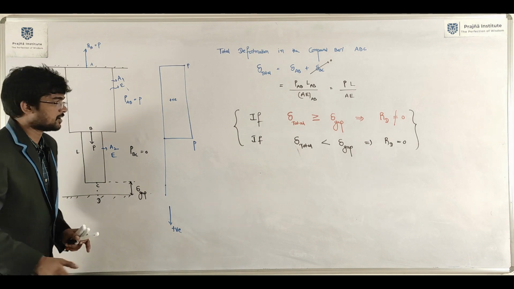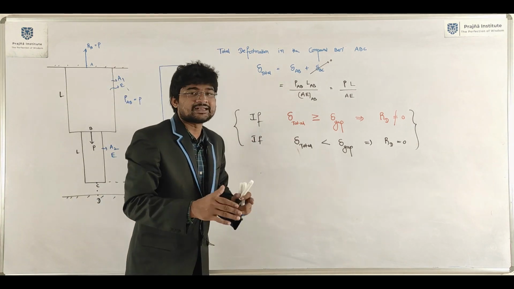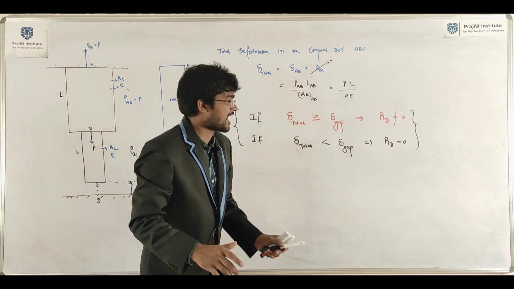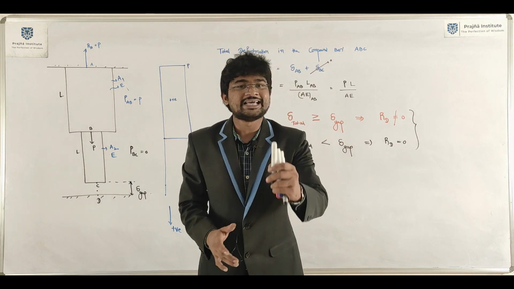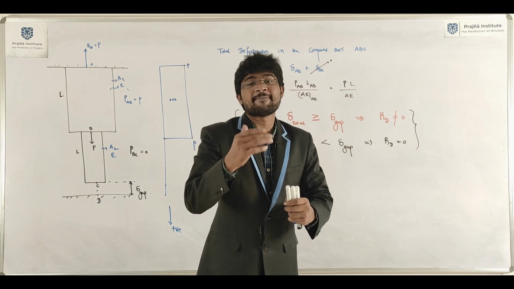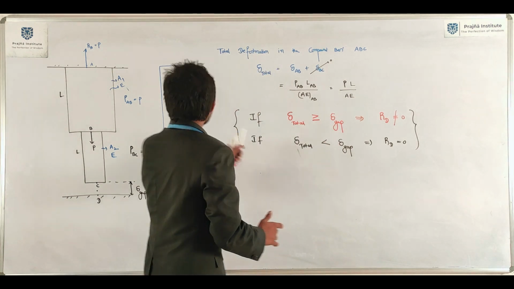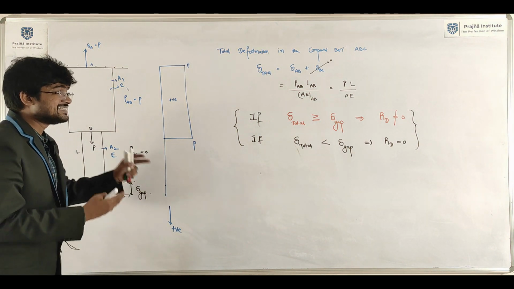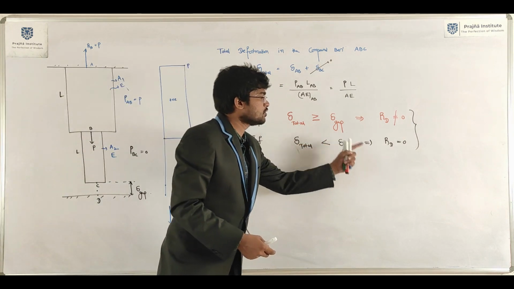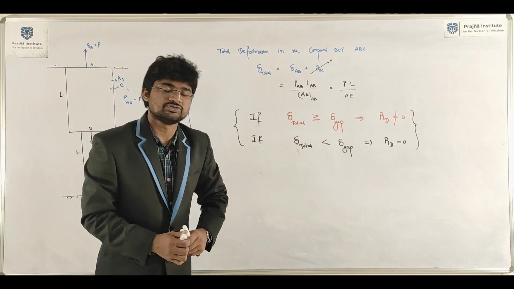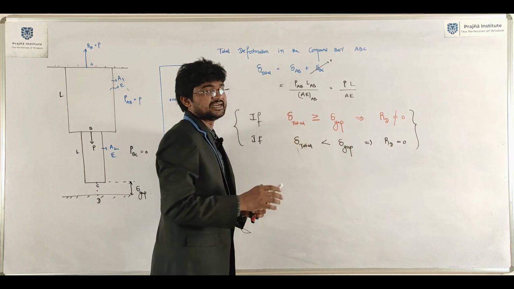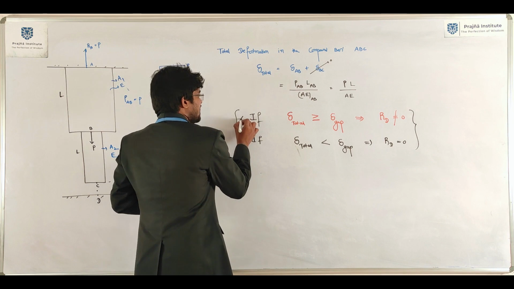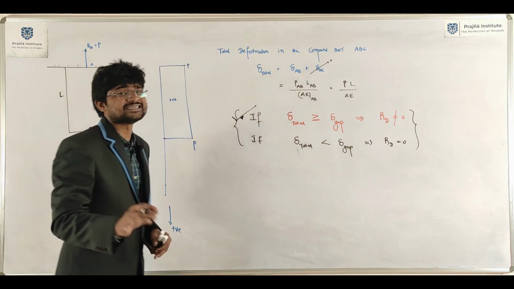First check once whether delta total is greater than or equal to delta gap or not. If the first condition is satisfied, or D is not equal to 0, then you can happily use the compatibility equation to determine RA and RD. So first decide whether RD is not equal to 0 or RD equals 0. This condition check is very important. Now here I assume that this condition is satisfied.